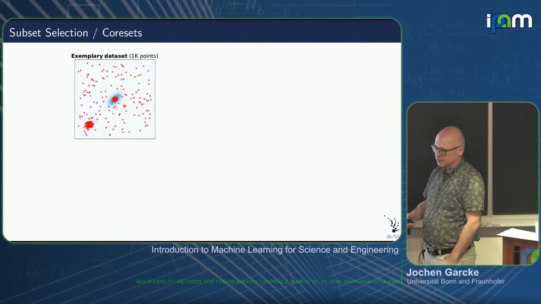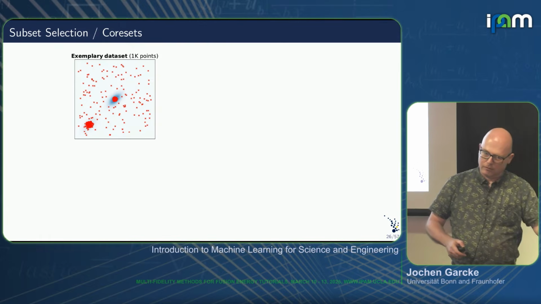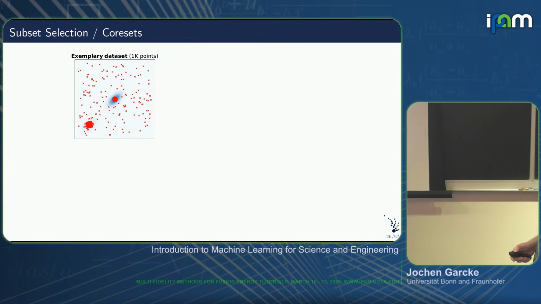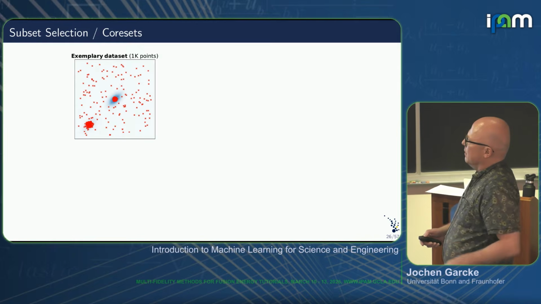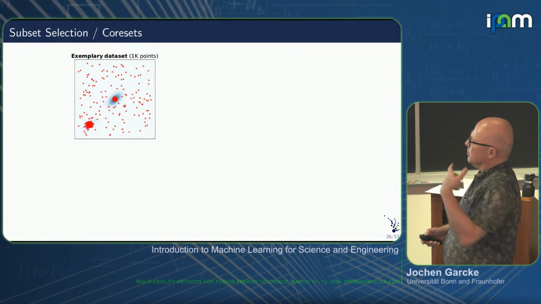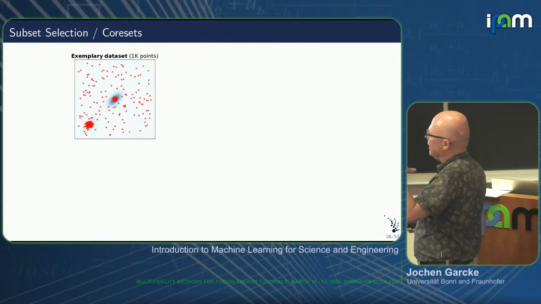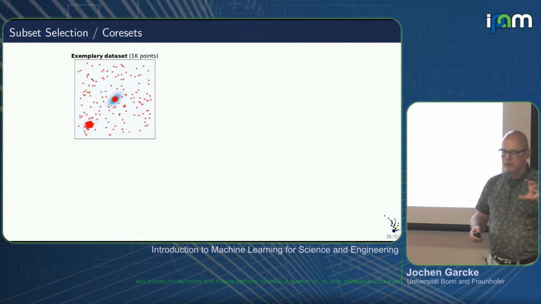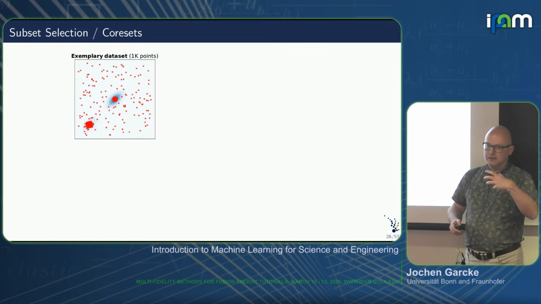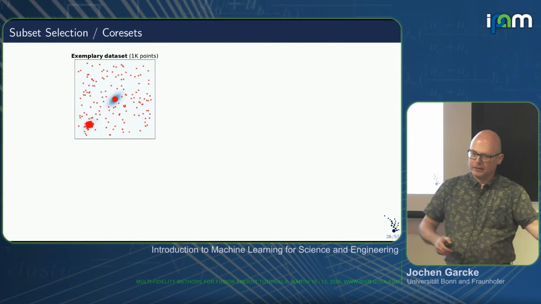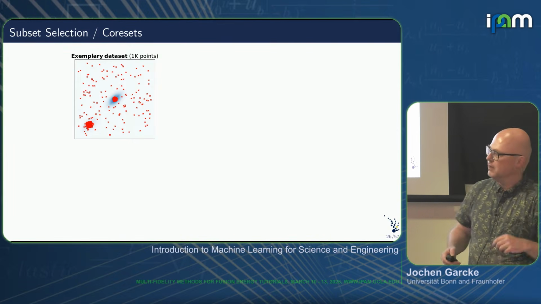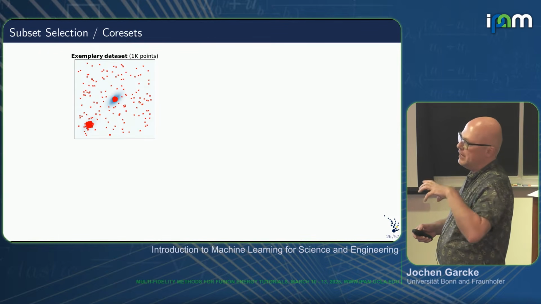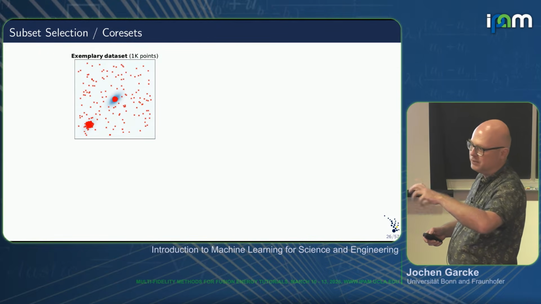Another aspect, a bit different one. This is motivated by the idea I have my data locations, and I now want to label this data. So far we had data, and the data was all given. This is the idea I want to label the data only depending on the data locations.